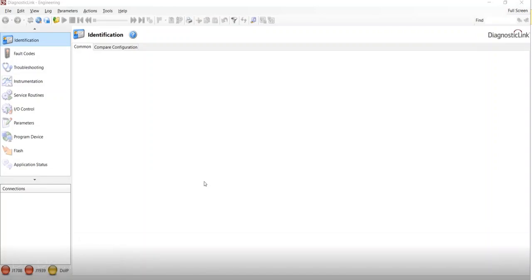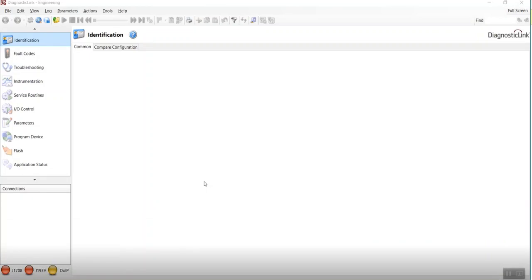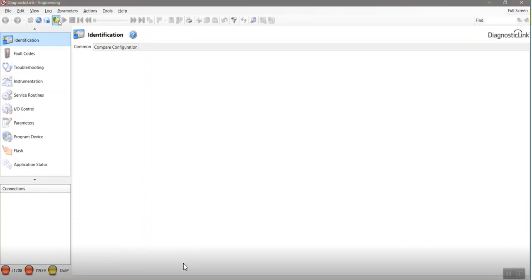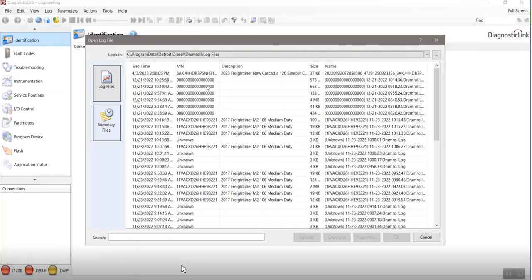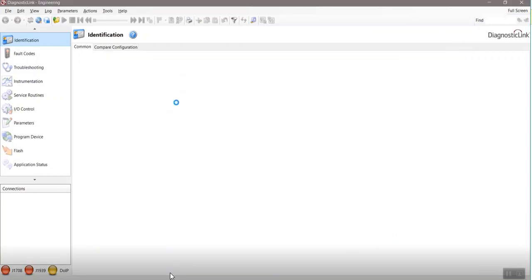Hello, today we're going to talk about how to access Techlane from Diagnostic Link and how to pull in fault codes. When Diagnostic Link is open, we must first find a log file. We can open a log file or be connected to a vehicle. Either one will work. But with this example, we'll actually open a log file that we've saved, start it running,